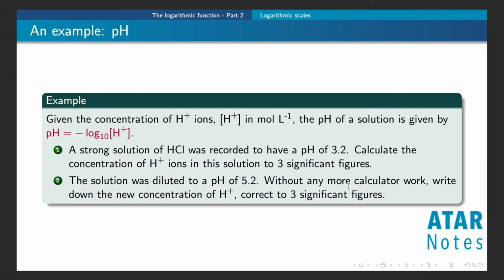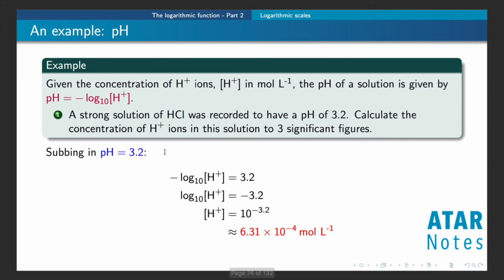So here's a sample question. Given the concentration of hydrogen ions, denoted [H+], the pH of a solution is given by that formula, so that's my question. Now, a strong solution of hydrochloric acid was recorded to have a pH of 3.2. The first part just wants me to calculate the concentration of the H+ ions, and that's something that would be impossible without the calculator, just for the record. But it pretty much is just an example of literally solving